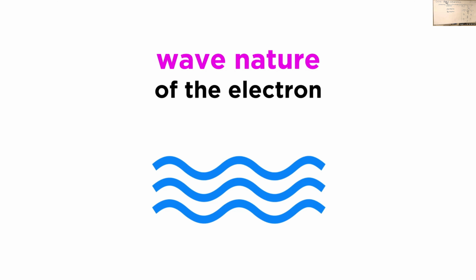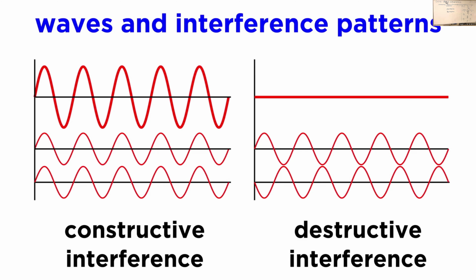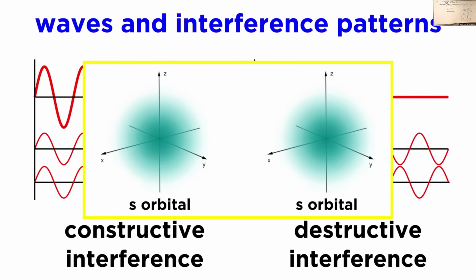This theory requires that we strongly consider the wave nature of the electron. In the classical physics series, we talked a lot about waves and interference patterns. So to get the full picture of wave behavior in order to better understand molecular orbitals, check out this tutorial now. Otherwise, we simply need to understand that when two atomic orbital wave functions are combined, like these two s